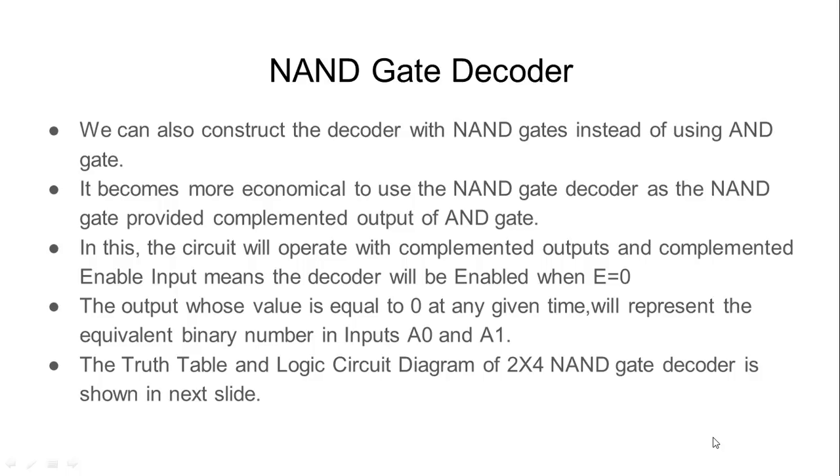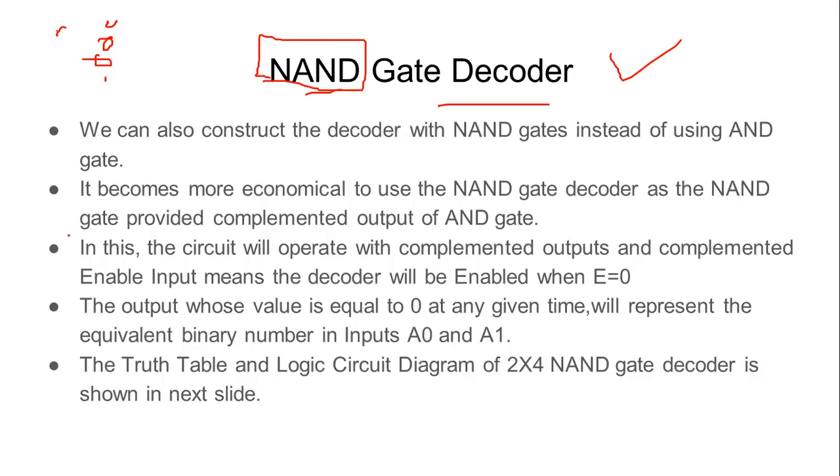Now the next point is again very important. This is the last point in case of decoder. Previously, we were designing the decoder with the AND gate only. Now from the NAND also we can design the decoder. The reason being, NAND is exactly the complement of the AND gate. Whenever in the AND gate we were getting the inputs like 0, 0, 0, and 1, in this case it is going to deliver the output like 1, 1, 1, and 0, right? And that is exactly opposite to the AND gate. So we can also design a decoder using NAND gate.